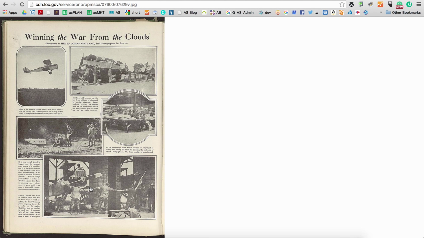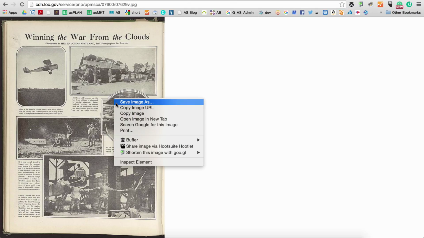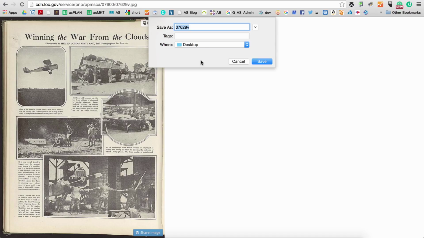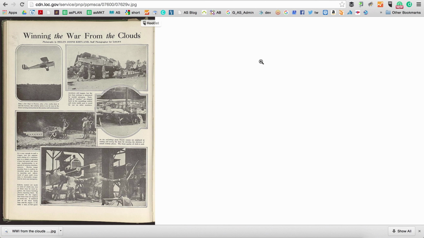In this case, I'm going to click this. It's a very interesting newspaper account with a photographer, Helen Johns Kirkland, took the images. So I'm going to name this World War I from the clouds, and I'm going to put Helen Johns Kirkland's name in my title as I save it to my desktop. And I'm doing that so that when I pull it up again, I'm going to know what it is